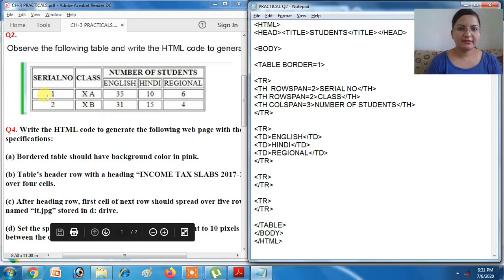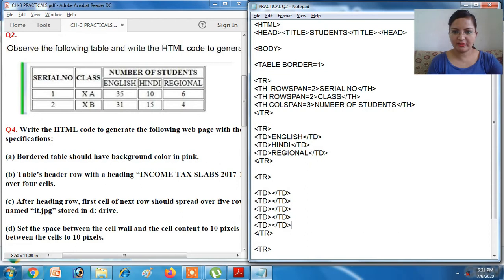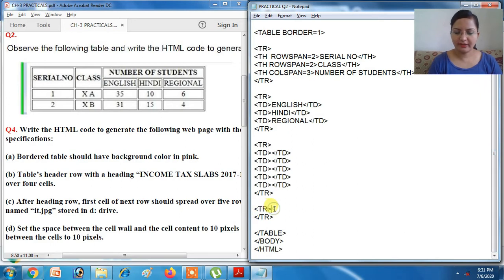Now there are 5 cells in the other 2 rows, so you have to write 5 TDs each. So I already copied TD earlier, so write 5 TDs. Here also 5 TDs. Save it.